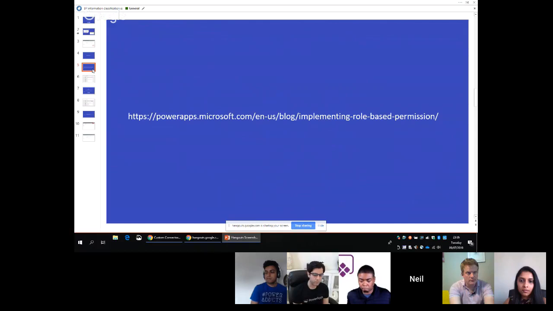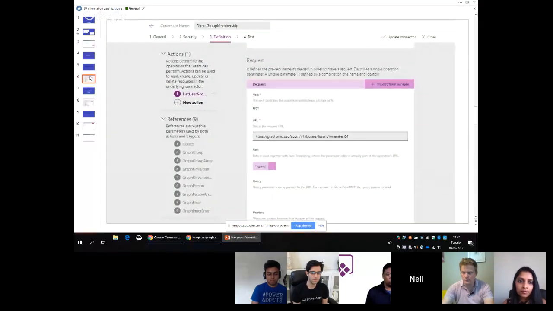So it was up to me to go and build a custom connector, because I got our IT friends to help us with the first two steps. And luckily in that blog post, you'll find there's a Swagger file. I'll post this link at the end of the session. There's a Swagger file that you can import as an OpenAPI, and that puts all of your get logic into the API request. And so it ends up looking a bit like this.